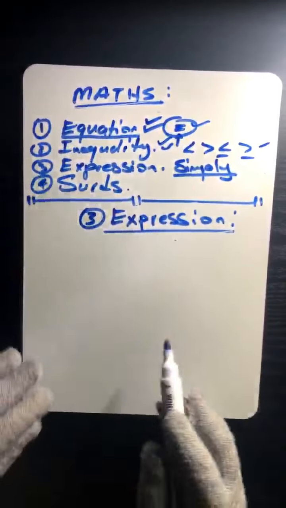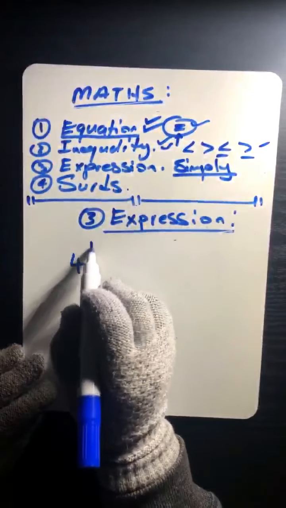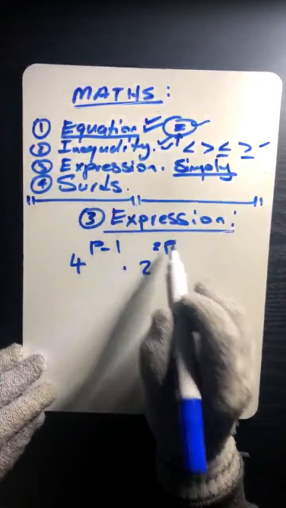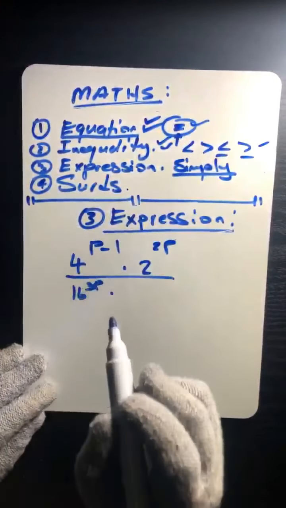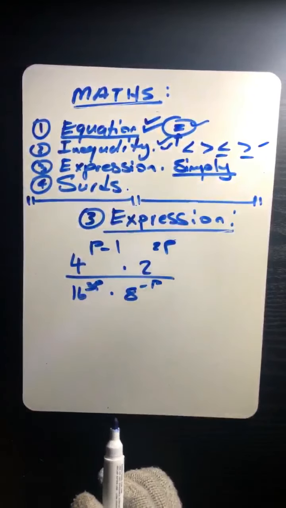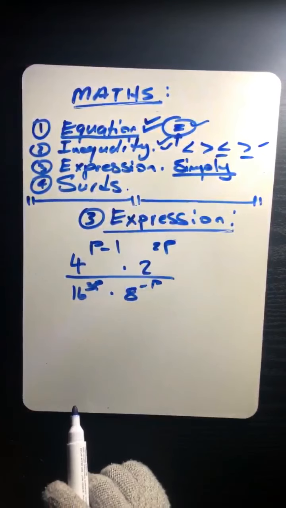Okay, so the last example under expression, we have 4 to the exponent p minus 1 multiplied by 2 to the exponent p, over 16 to the exponent 3p times 8 to the exponent minus p. Here comes a question, Ngwanamato. Is this a math problem? Yes, I see a